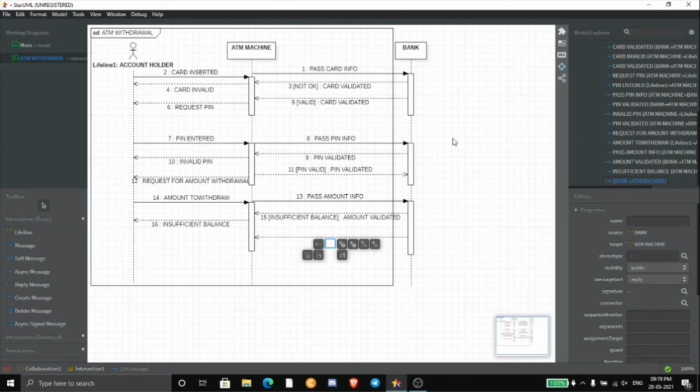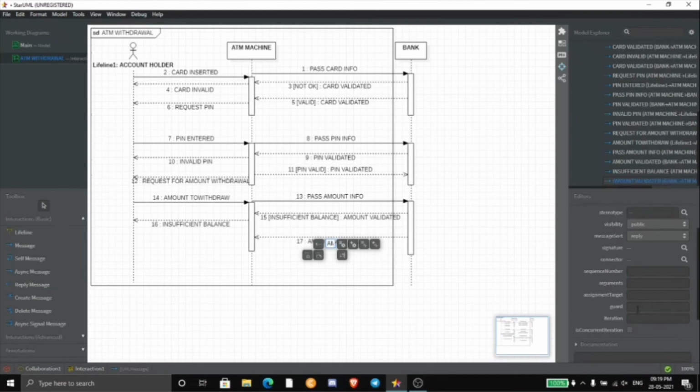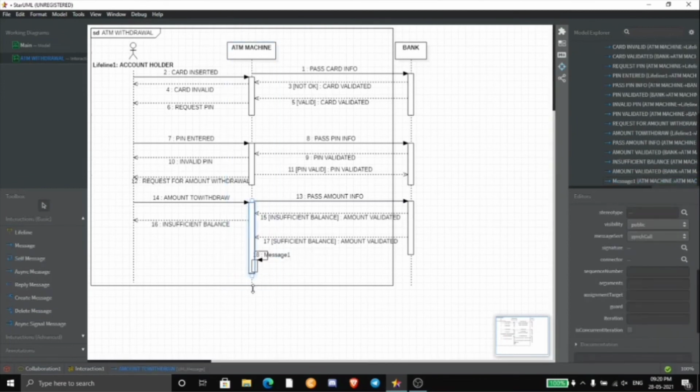As we have insufficient balance, the ATM machine will send a message of insufficient balance to the account holder. Now if we have sufficient balance and the amount is validated,